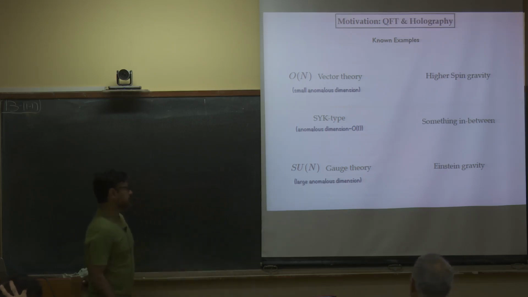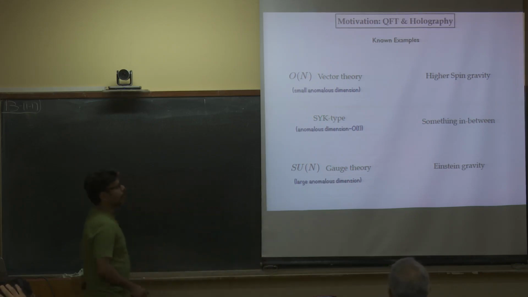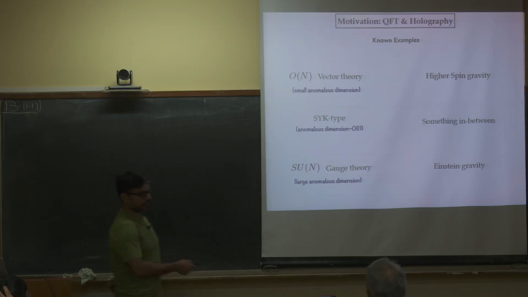So I will not actually, towards your comment about something interesting, perhaps. I will have nothing to say about the vector theory at all, neither this one. And about this, I have absolutely nothing to offer on the right hand side as well. But this is just a standard motivation. And here one of the in between parts is the one that you said, and the other thing is that anomalous dimension is order 1 here. It's neither small nor large.